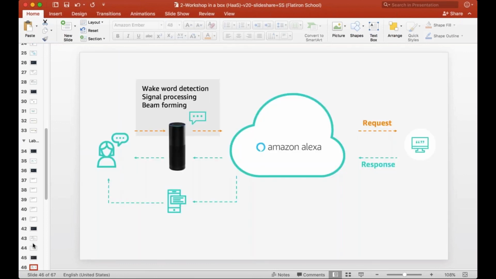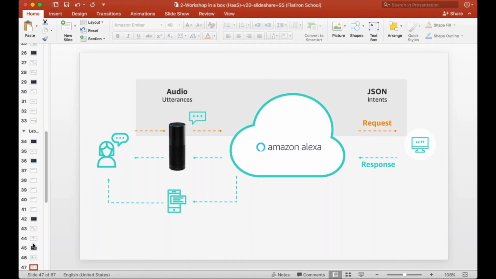So let's look at what Alexa takes as an input. The input is obviously the audio, but what comes out is the intents and the slots. So when you are building a skill, you will never see or hear what the user actually said. All you will get is our translated version of intents and the slots.